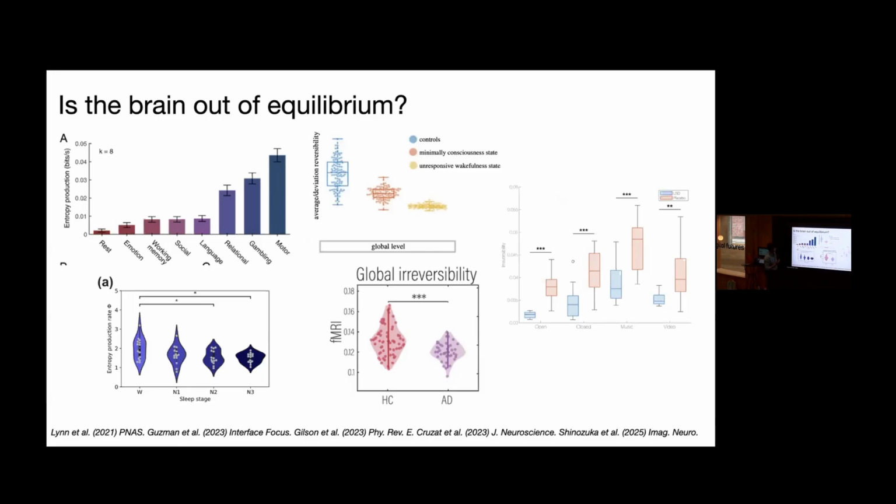They used a very simple approach that I'll show you in a second to basically show that the level of entropy production was higher in tasks compared to resting state. And this is using fMRI data. They showed that the level of entropy production was significant. So if you shuffle the data and you do the same process, it's much lower. And you see this increase in entropy production in tasks.